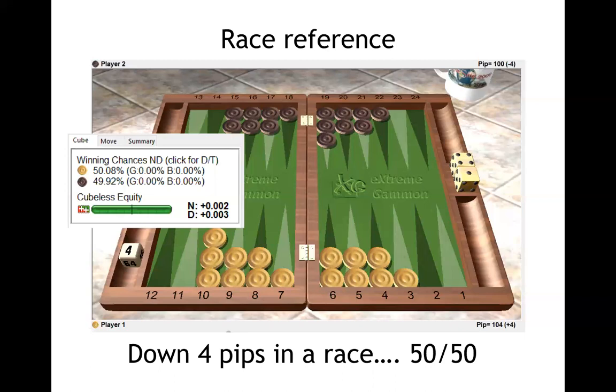So if you have a race that's like 70 pips and the person's up by 4 pips, an even race, 70 versus 70, you'll expect that they're winning a little over 60% of the time. It'll be about 2.5% per pip, so it could be 61. It's not really important because you're not going to get the cube decisions at that point, but it will help estimate the win percentage